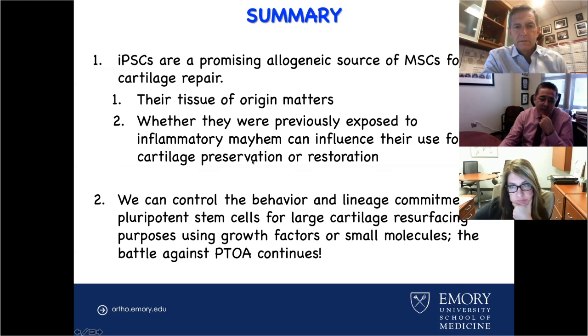in view of what we're discovering. We do have the ability to control the behavior and lineage commitment of pluripotent stem cells for large cartilage resurfacing purposes using growth factors and or small molecules. And the battle continues against post-traumatic